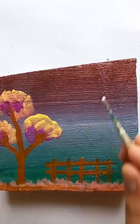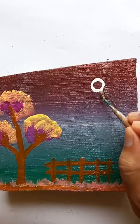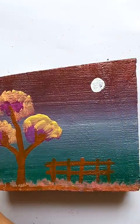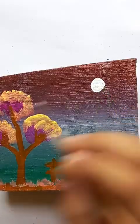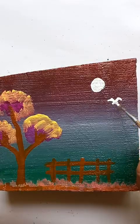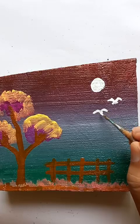But before that one, we're just going to put a moon here in the sky. Okay, when we put the moon, we just try to make it as round as possible. All right, moon here, and just trying to draw a bird. So we're just painting a shape, symbolic shape of the birds which is flying, you can see, and another one. Okay,